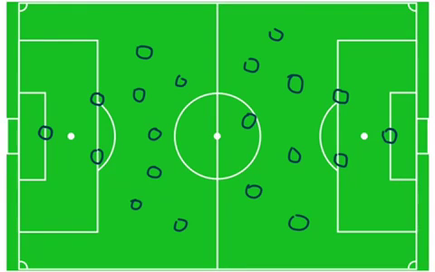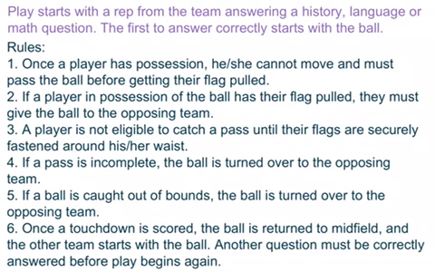Okay? Then, play starts with a representative from each team answering a history, language, or math question. The first to answer correctly starts with the ball. The rules are, once a player has possession, he or she cannot move and must pass the ball before getting their flag pulled. If a player in possession of the ball has their flag pulled, they must give the ball